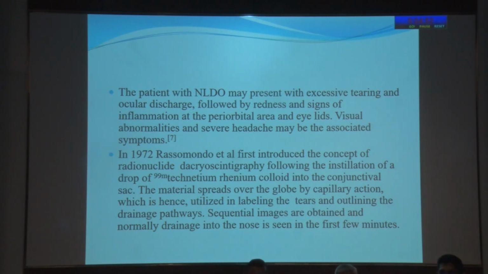Some facts about the history, how it began. In 1972, Rossomondo et al. first introduced this concept of radionuclide dacryoscintigraphy following the instillation of a drop of 99m technetium rhenium colloid into the conjunctival sac. This material spreads over the globe by capillary action, which is hence utilized in labeling the tears and outlining the drainage pathways. Sequential images are obtained, and normally the drainage into the nose is seen in the first